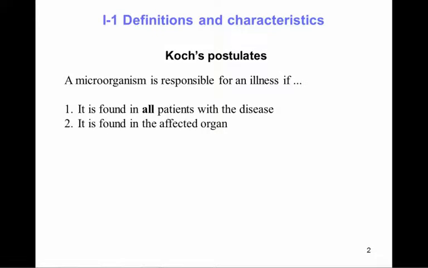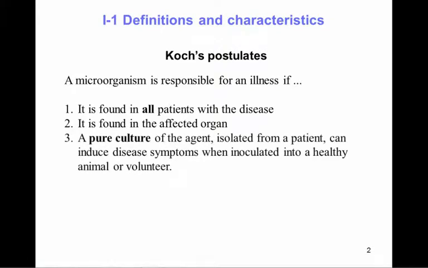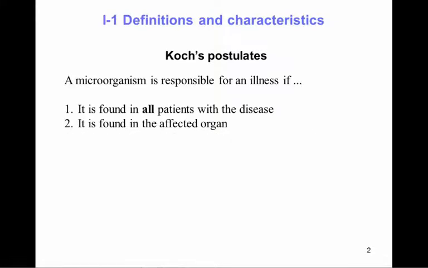Now, you should also find the bacterium in the affected organ. Okay, so the big example would be Mycobacterium tuberculosis causes a lung pathology. You find the bacterium in the lung. Okay, let's go back a bit. So you might think that's enough, okay? The bacterium is there in people who are sick, not in healthy people. It's in the affected organ. Okay, that's it. Well, it's not enough because if you show these two things,